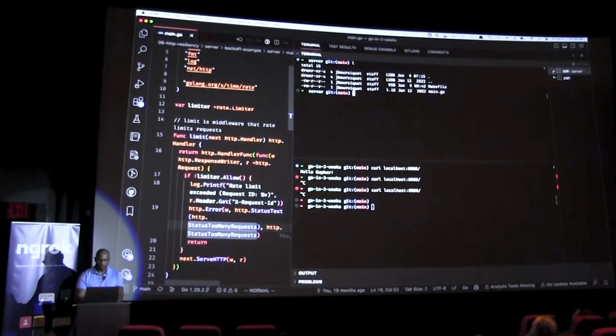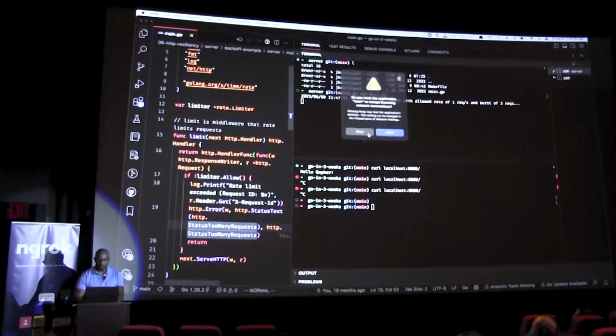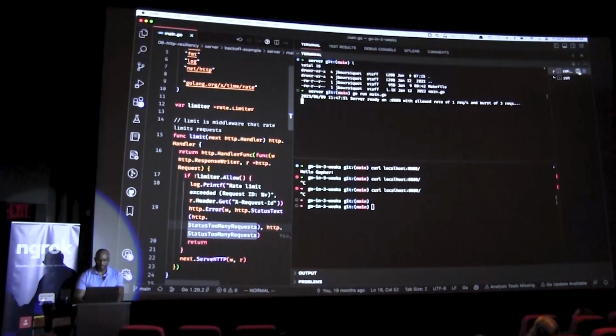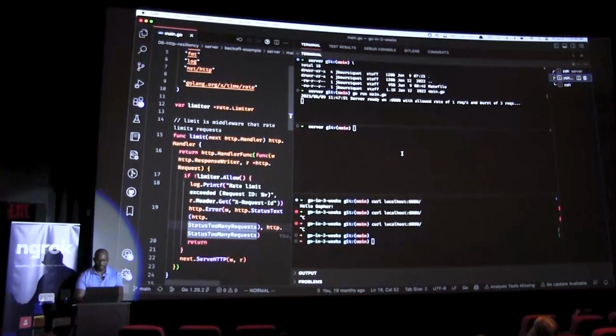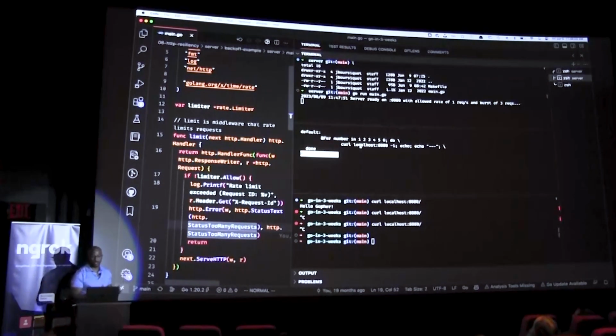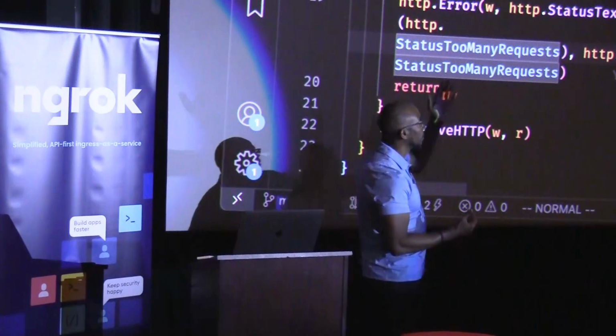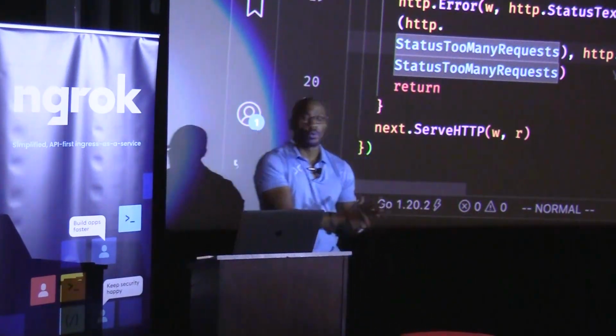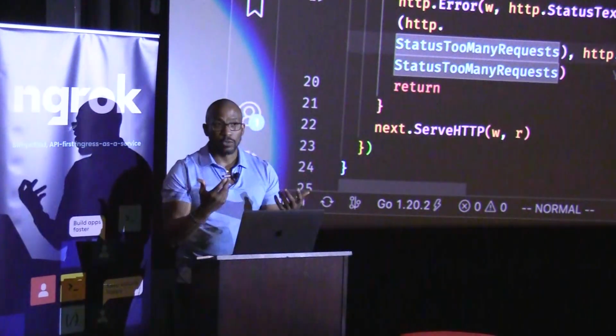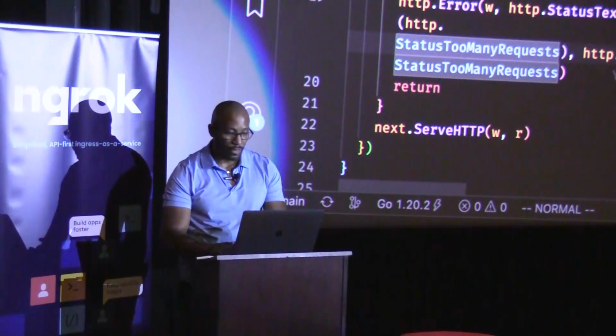Okay, so I am going to go run my server here. Inside of here, I have a makefile that basically the only thing it does is ensure that I'm going to be able to see how well my throttling works by simply issuing like 6 requests in quick succession, right? So if everything goes well, I should see that 429 coming back from